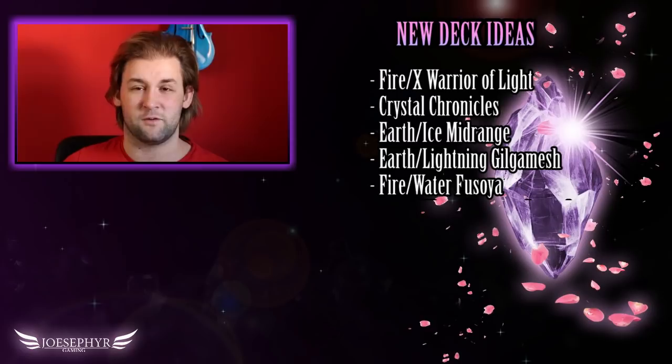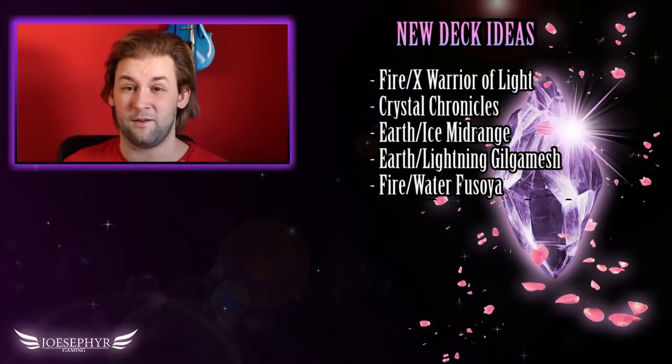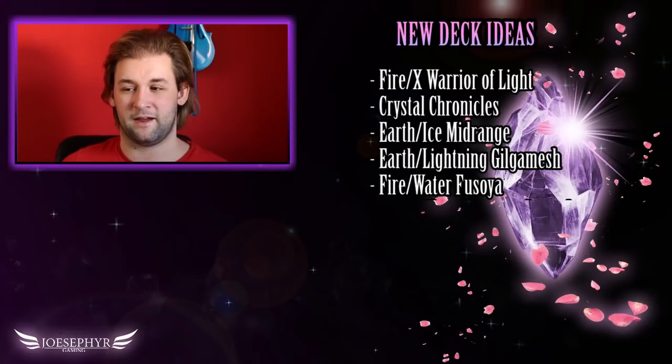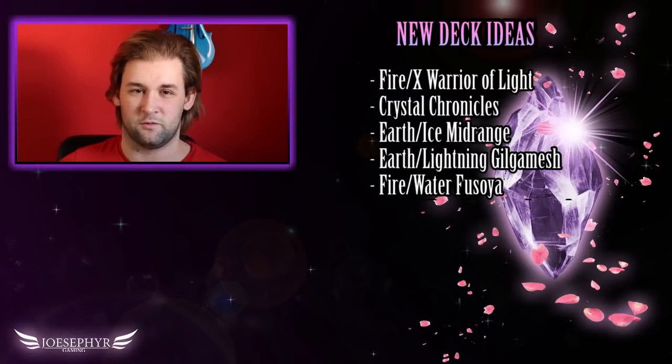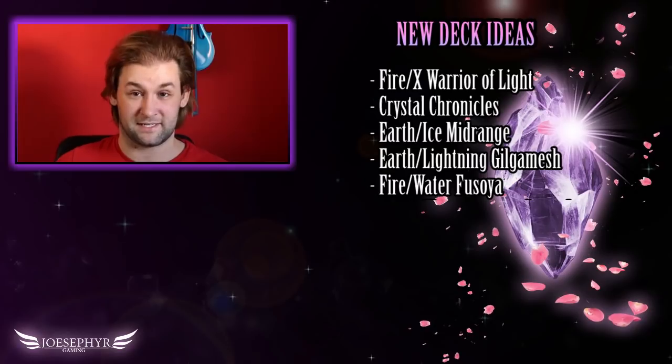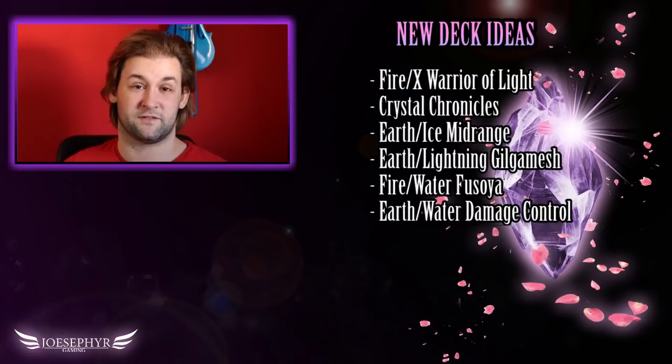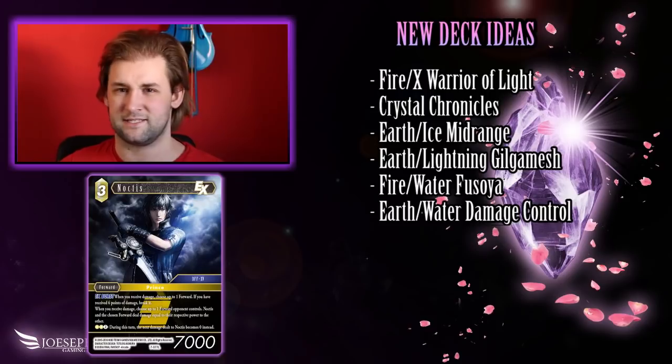So I think that it's definitely one worth experimenting with, and it's definitely one that I plan to experiment with as well. And then running along with that theme, you could say that this was an existing deck already, depending on whether or not you followed some of my decks previously. But I think that an Earth-Water damage control deck is actually going to be really, really popular, because you have access to Featherclaws already, but you also have access to Noctis now, as well as Dark Knight Cecil from Opus 1,